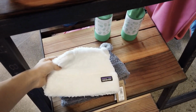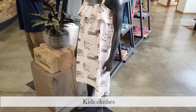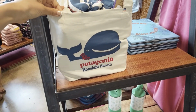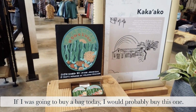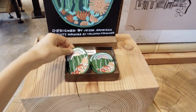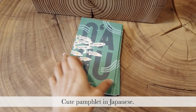Do the kids section again because these are cute. また子供コーナーです。こういう可愛い洋服とかをただ見ているだけでも楽しいと思います。お土産としてもおすすめです。If I was going to buy a bag today, I would probably buy this one. 今日もしバッグを買うのであれば、私はこのデザインを選ぶと思います。これはローカルのアーティストの作品です。